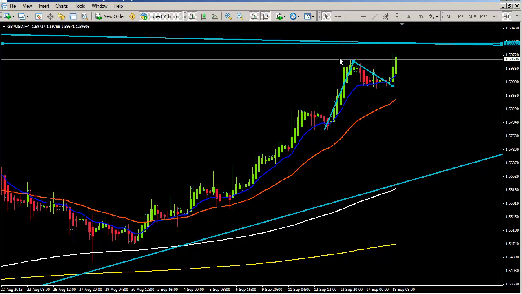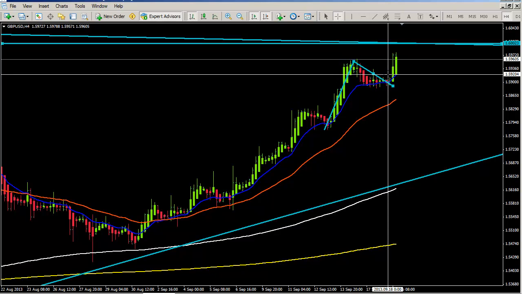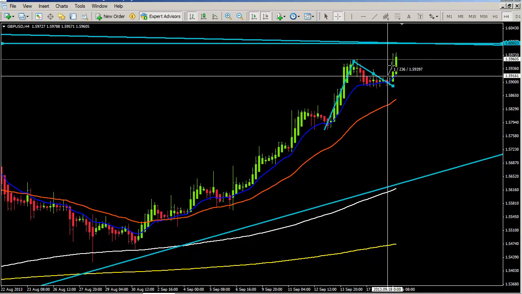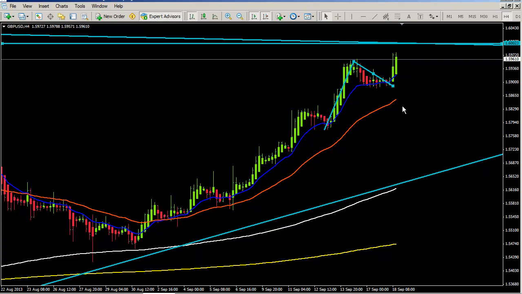We have the filter, we have the 1, 2, 3, and in this area, if we measure from here to resistance, it's about 100 pips, 90 pips here. So it's worth trying out. It's still a powerful trend. Of course it's late, the price already moved up 1,200 pips, but